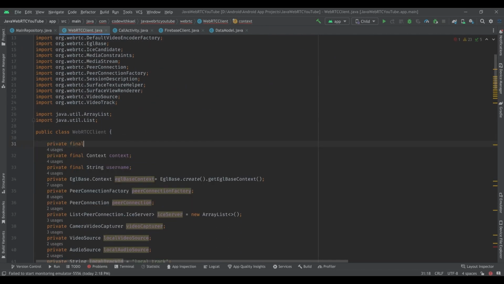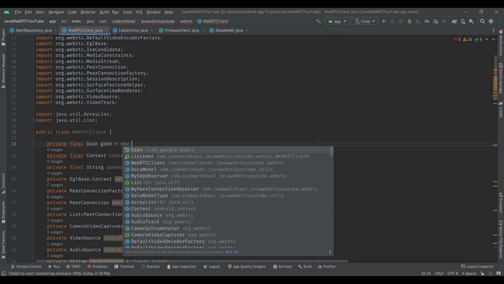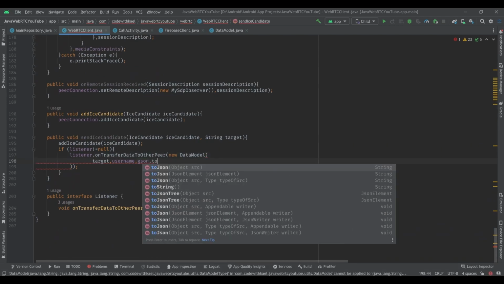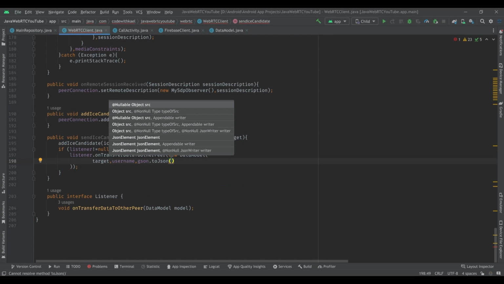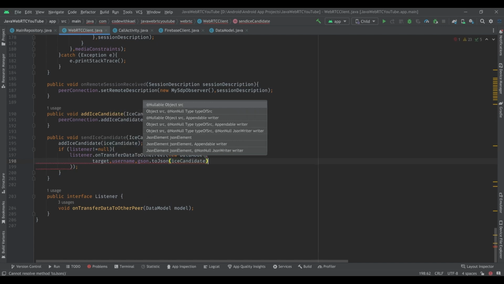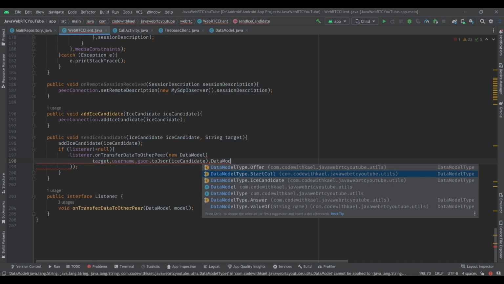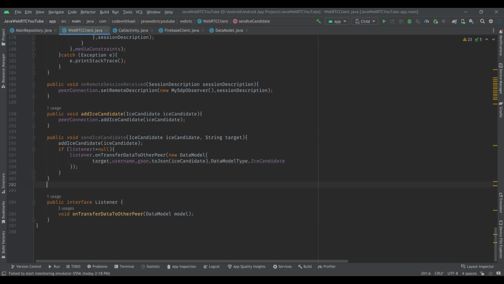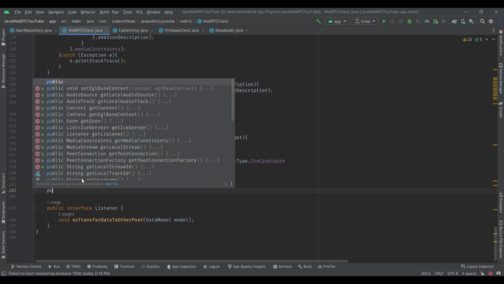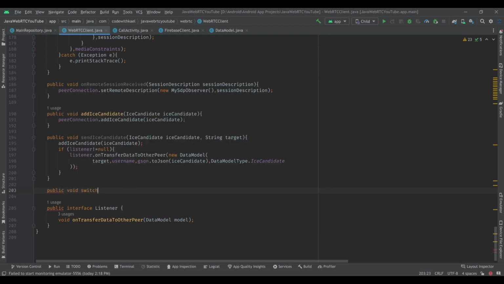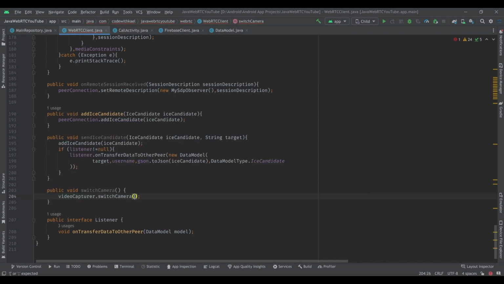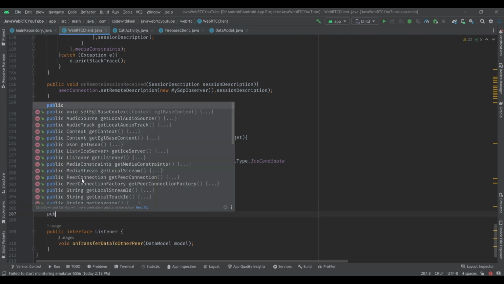Private final JSON. JSON is equal to new JSON. Let's go back here and convert it to JSON and pass the IceCandidate to it. And for the data model type, it's going to be data model.IceCandidate. And we're going to need some more helper functions like public void switchCamera, and it's going to use videoCapture.switchCamera, pass null to it, and